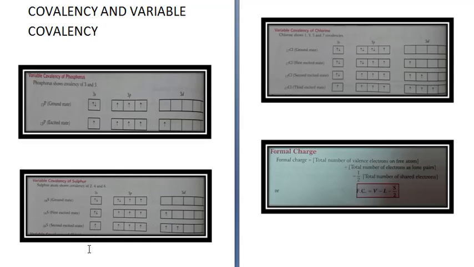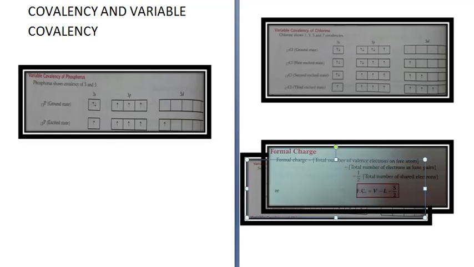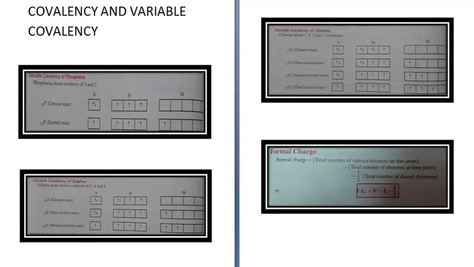If you further provide energy, in the second excited state the electron present in the 3s orbital also jumps to the 3d orbital. So now you have 3s1, 3p3 and 3d2, and the number of unpaired electrons becomes 6. So sulfur shows 2, 4 and 6 covalency. Is it clear? Basically, the variable valency is due to the presence of vacant d orbitals. Okay, now next is